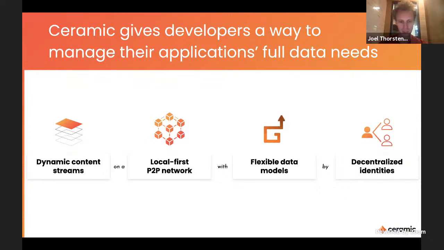The network is completely peer-to-peer and local first. When you write data, you only update your stream, so there's no global consensus on data. Rather, you can track and verify the pieces of data that are relevant to your application. You can store any type of data, and you can create data models inside of Ceramic. The streams represent some kind of JSON data, and you can put JSON schemas to define what the data is allowed to look like.